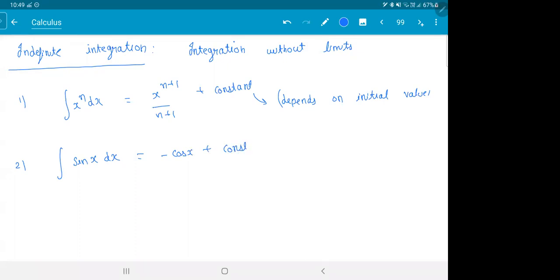So in the exam, if you get an integral without limits, you have to put plus constant as a tail. That's it. Just add plus constant everywhere. This is actually easier than with limits. Suppose you get something like e power ax dx, 1 by a e power ax plus constant, just add that tail. Clear? So this is called indefinite integration. Definite means you know the limits. Indefinite, you don't know the limits. So just keep adding plus constant everywhere.